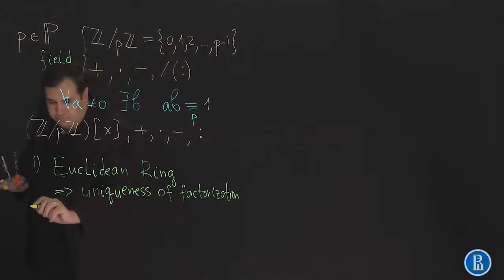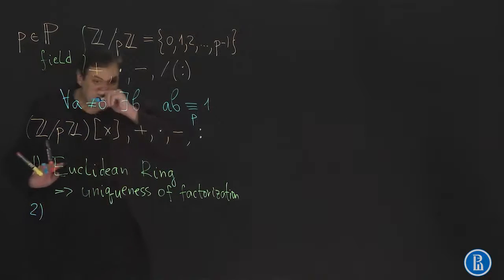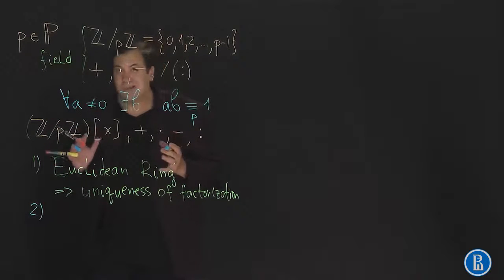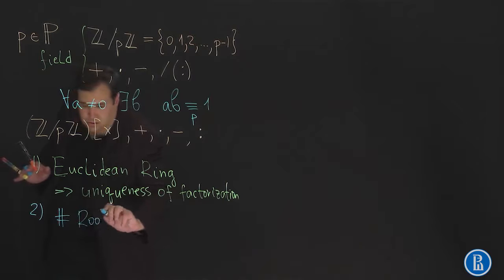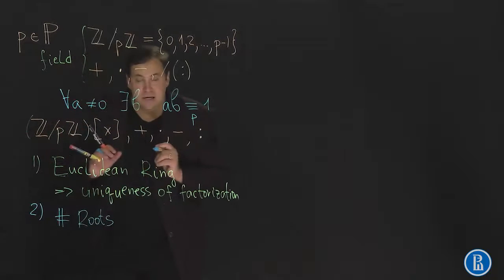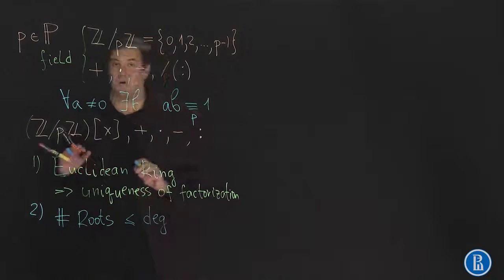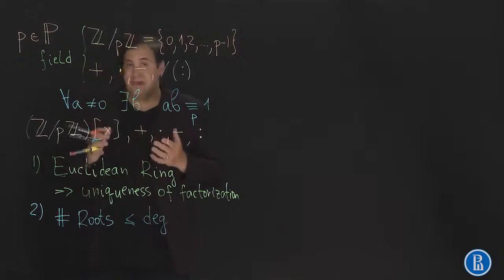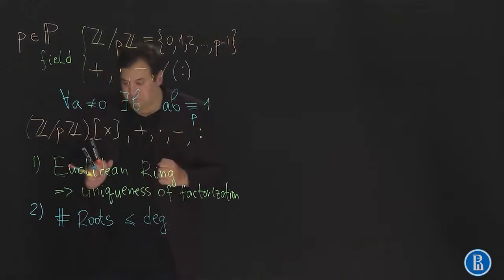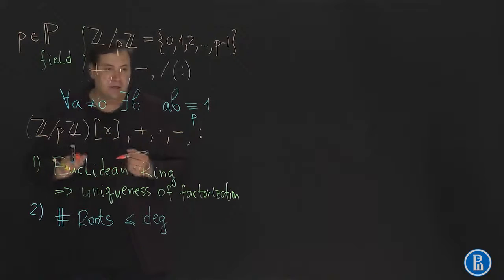The second property is a quite well-known natural property for polynomials over a field, that the number of roots of such a polynomial cannot exceed the degree of the polynomial. So if we have a polynomial of degree n, then the number of roots of this polynomial is not greater than n. And finally, the third property, which is